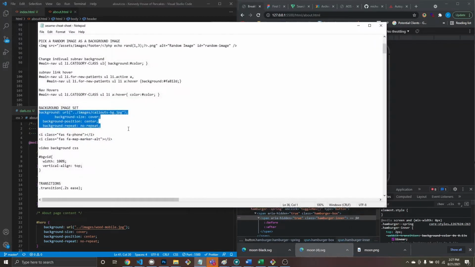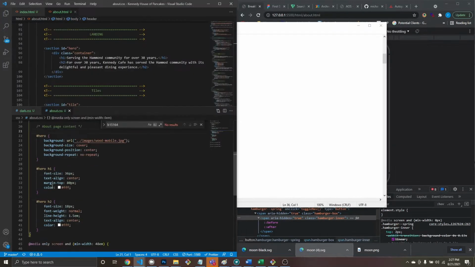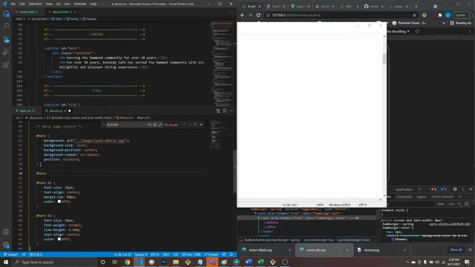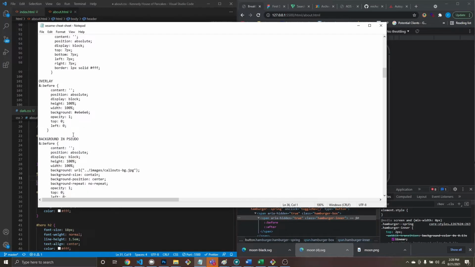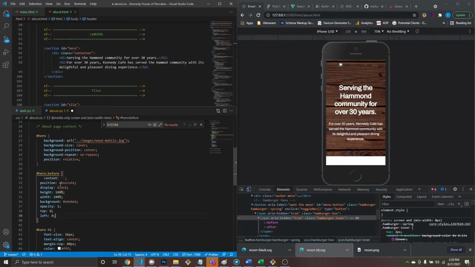And I think I want to add a pseudo element to the hero. So position relative, because I want to create an overlay, which is that black opaque. Copy this. So I'll put this in here. This is our pseudo element, so let's make this black. Let's make it opaque, like 6. And z-index -1, that means the parent gets z-index of